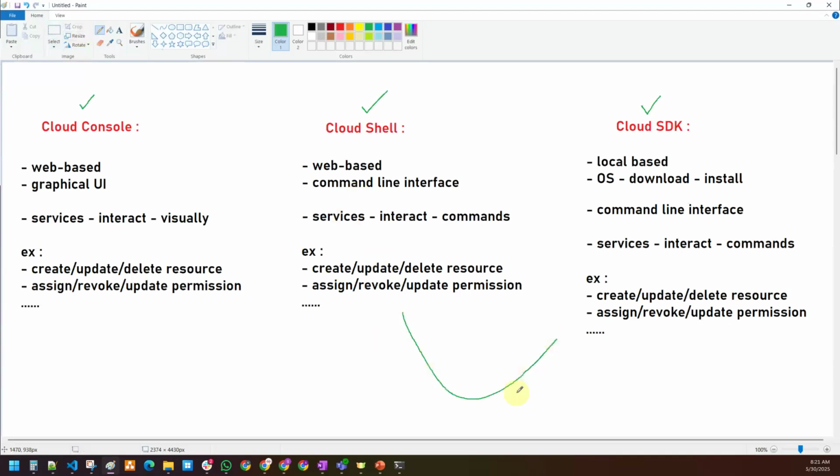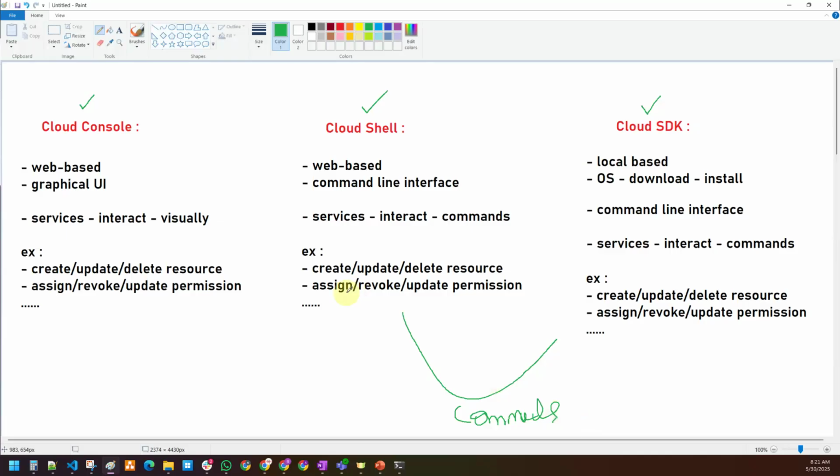The commands here and here are the same. When you are interacting with different services, the commands will change. These commands we are going to see in a separate session with all the basics. You will get very good knowledge. However I am teaching now, I will teach there also.